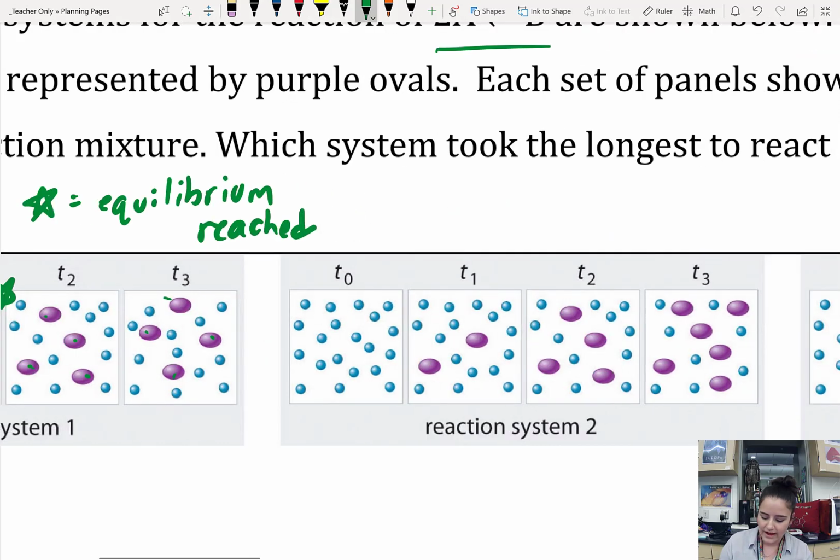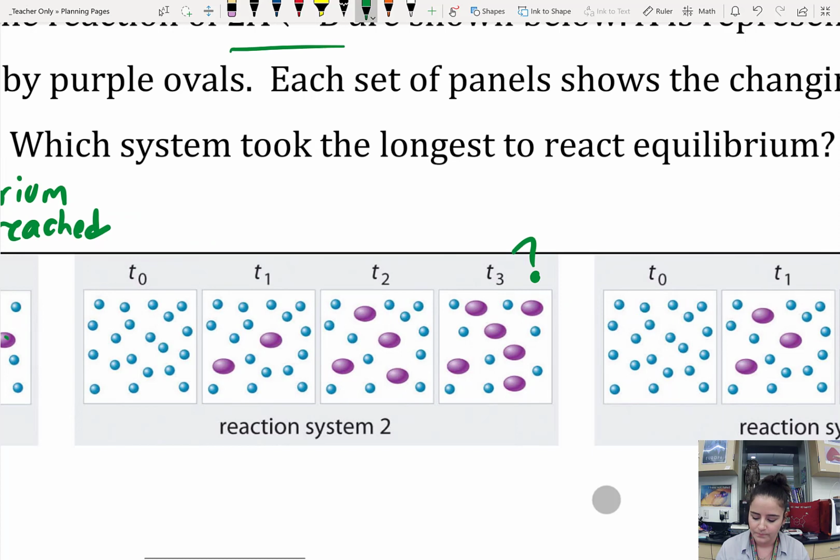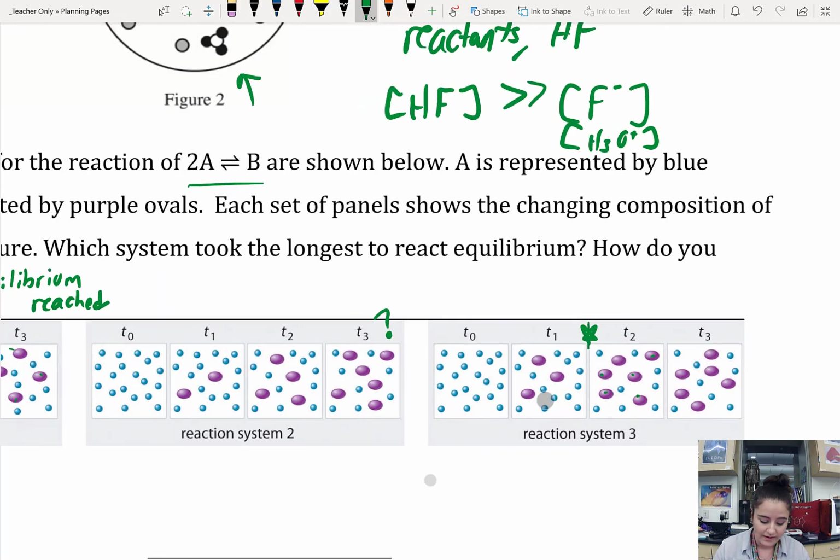Where for reaction system 2, we don't know if it's reached equilibrium yet because there's no 2 frames that show constant concentration. It might be at T3, but without another time after, we don't know. Where this one, we can see it reached the equilibrium system between time 1 and time 2, similar to that first one, even though the